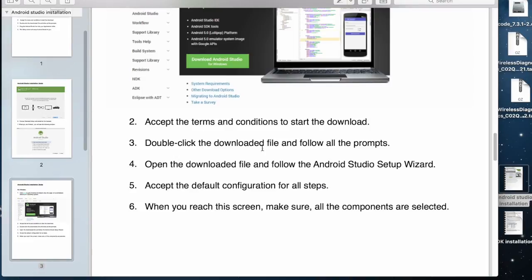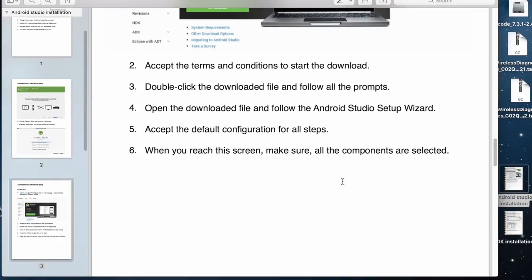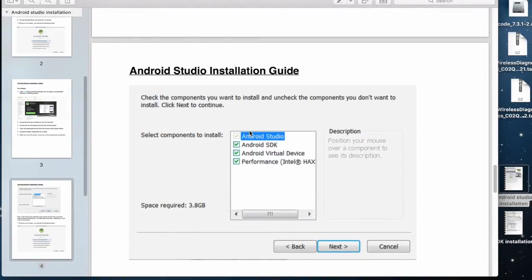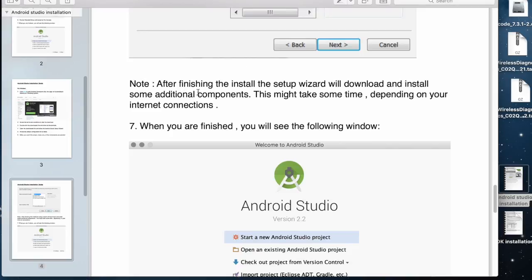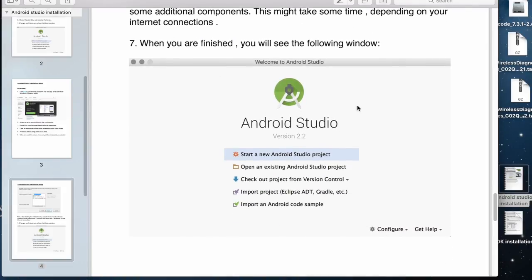Open the downloaded file and follow the Android Studio setup wizard. Accept all the default configurations for all the steps. Once you reach this screen, make sure all the components are selected. Here, these are the components. You have to select all these components and click Next. After finishing the install, the setup wizard will download and install some additional components. This might take some time depending on your internet connection. When you are finished, you will see the following window, which is the Android Studio window, and we are ready to start a new Android